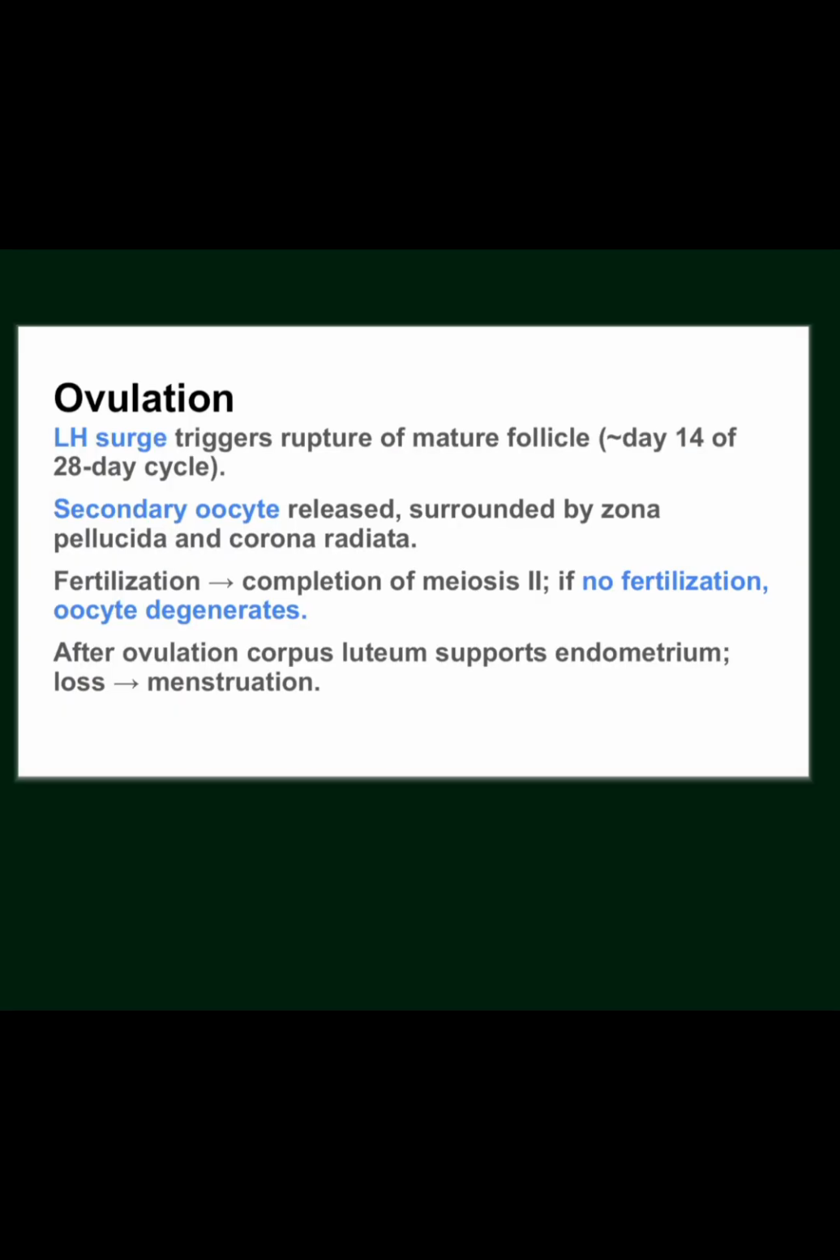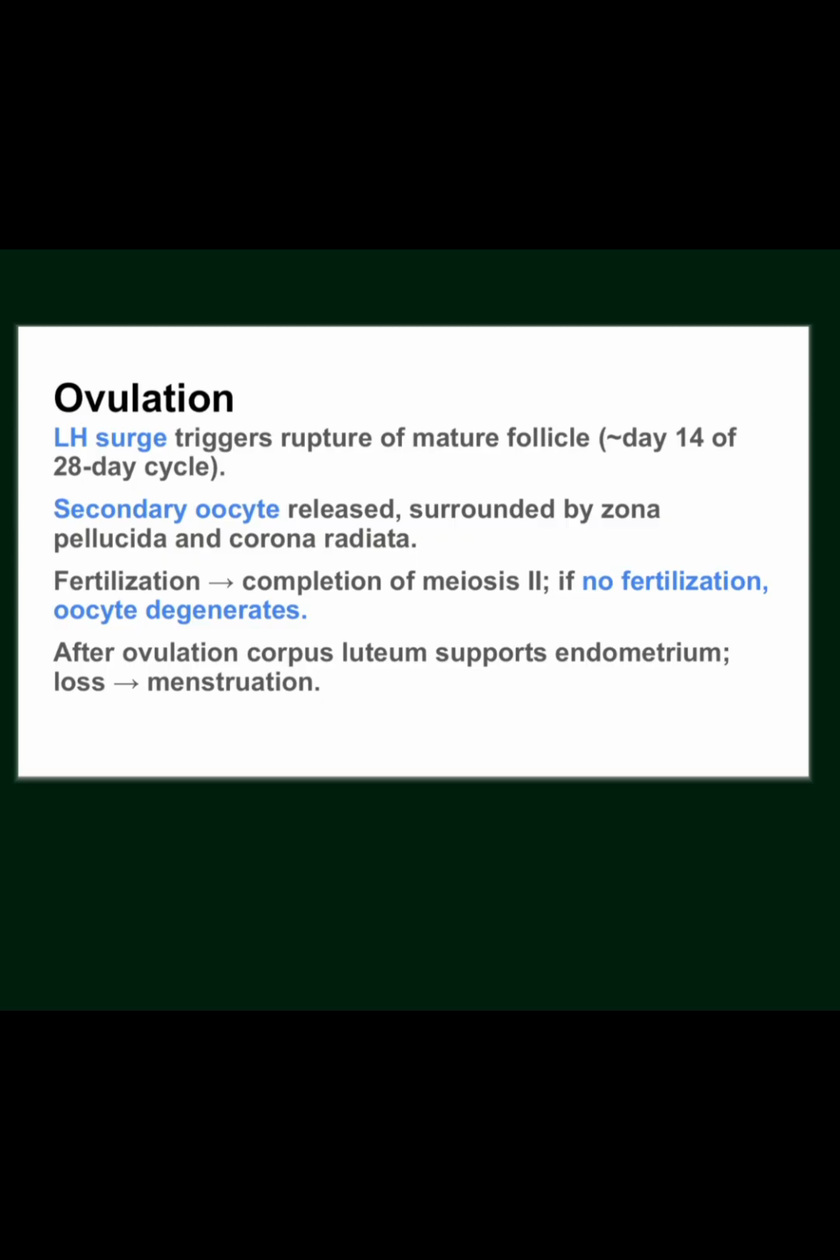Okay, with that understanding, we need to look at ovulation. Ovulation happens when there's a luteinizing hormone surge, which triggers rupture of the mature follicle. Sorry. This is mostly triggered at day 14 of the 28 day cycle. But remember to say, in polycystic ovarian syndrome,